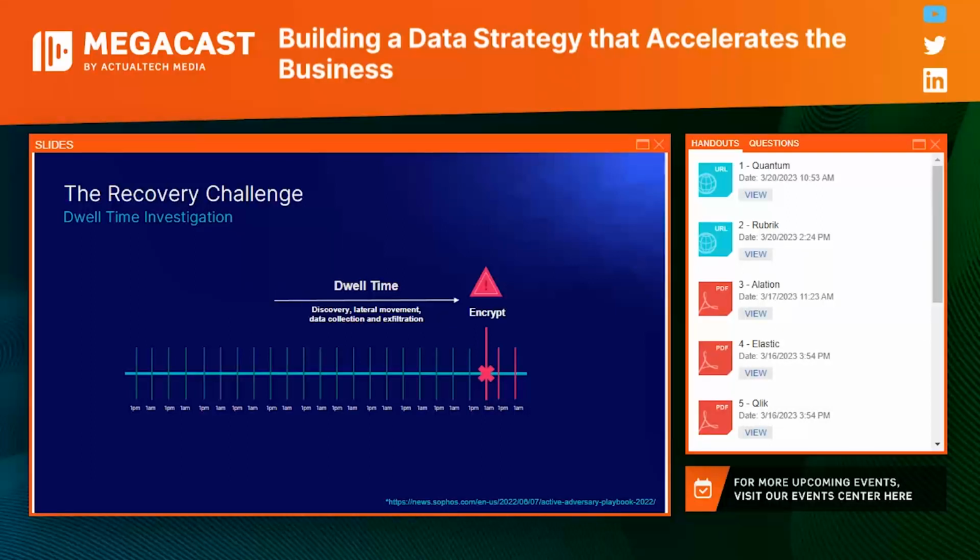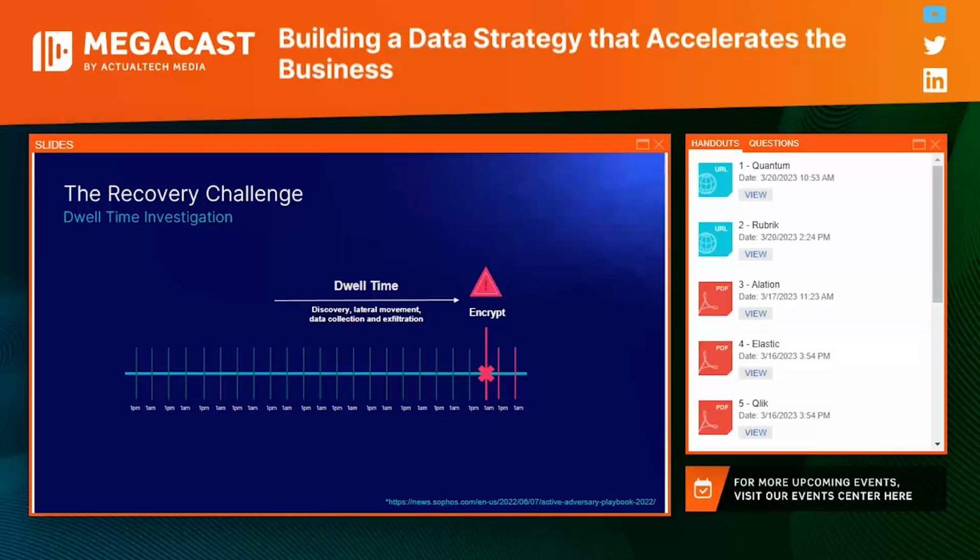right? Perpetrators are the ones that have malware on them. Victims are simply the ones that had an encryption event take place, right? They were maybe adjacent to that malware-infected machine, whatever it may be. So without this understanding, everyone has to be treated as a perpetrator, and no recovery can be done until they've all been proven innocent,